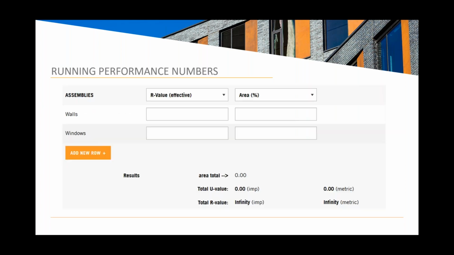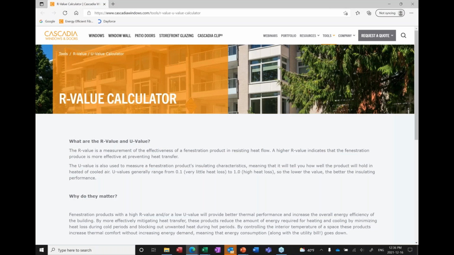So let's go to a tool, the one that's on our company's website, cascadiawindows.com. It's an area weighted R value calculator, and it's under the tools section of our website. The simplicity is that you're permitted to create inputs of the effective R values of multiple assemblies like windows, walls, and you can even add a roof. So I'm going to go to that right now, actually.